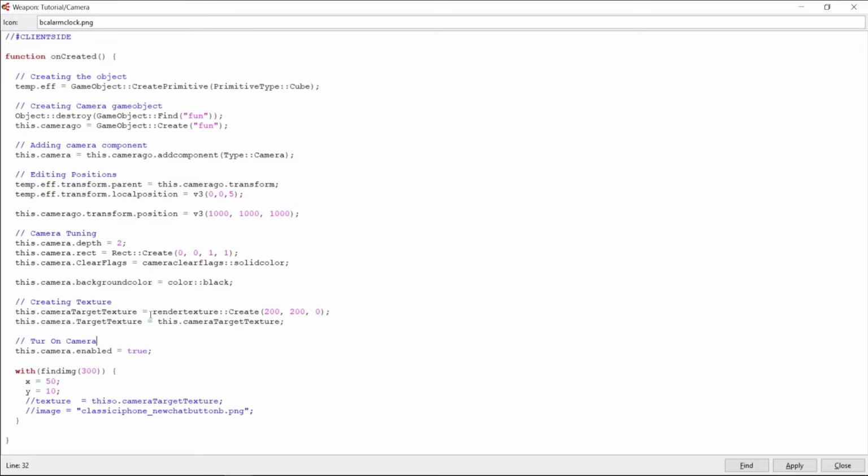And now we have everything set up to actually create our in-game 3D object or 3D display on the 2D. Now to do that, since we have this camera target texture, we're going to take it, go to an image, let's go with find image in this case, go to the position of the level 5010, which is an actual level tile, and then set the texture attribute to the camera target texture, which is this actual variable. Now if I apply this code,